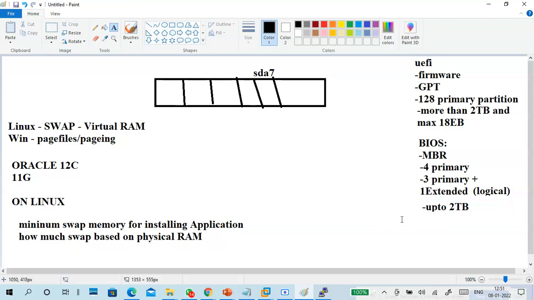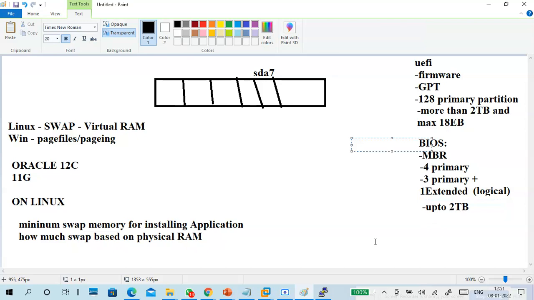But there is a small problem with Linux and MBR. Look here: /dev/sda1 is the first primary, /dev/sda2 the second primary, /dev/sda3 the third primary. /dev/sda4 is the extended, which means you can't mount or use sda4.